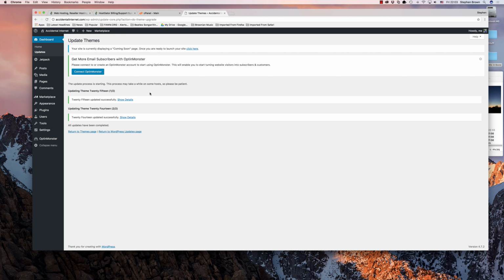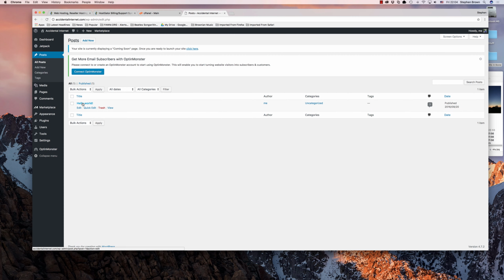So the next thing we're going to do is we're going to build our first post. How do we do that? Come over here on the left to posts, and let's select that. That'll bring us to all posts, and you can see there's a default post already created for you. We're not going to use that. We're going to come up here to add new,